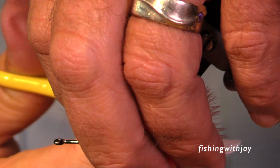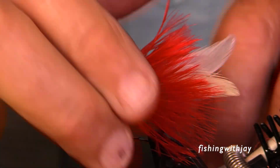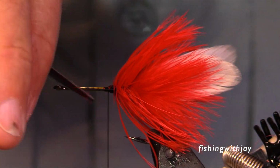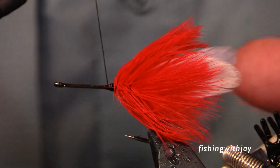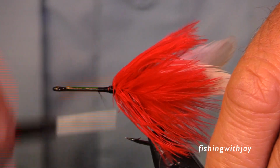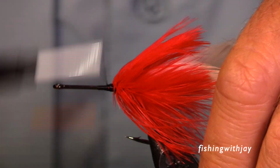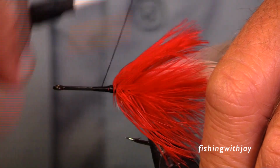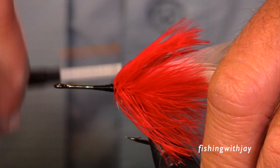Got a few stray hackle barbules here. So I don't actually know how effective a red and white color combination is for tarpon or snook, but my guess is it certainly has its time and place. I'd be surprised if it doesn't. It may be that